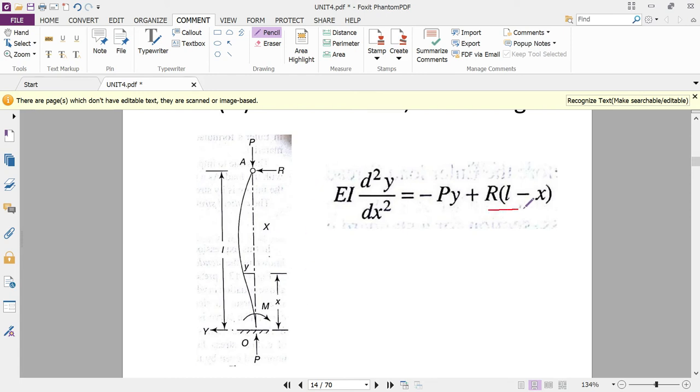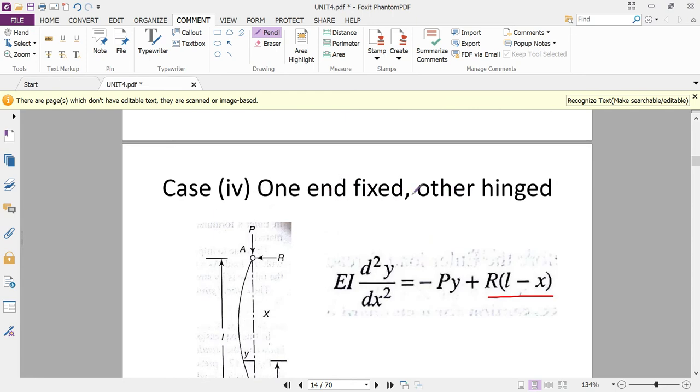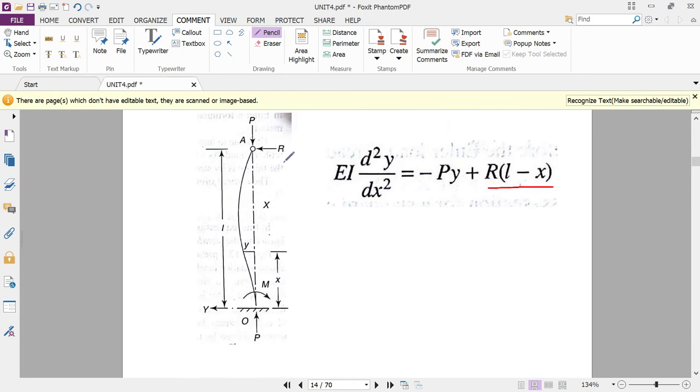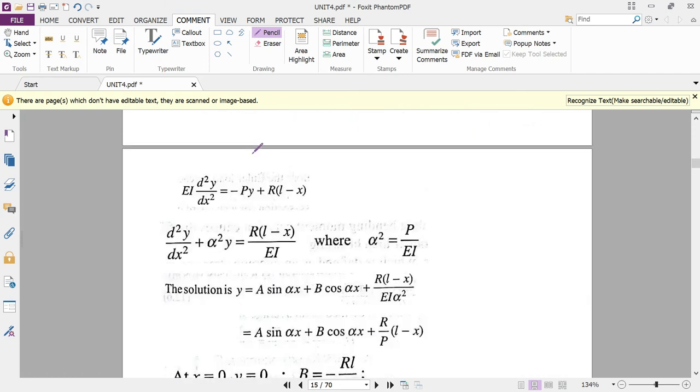So this additional term will be formed because when one end is fixed and the other end is hinged, at the hinge support two reactions will be formed. Okay, now